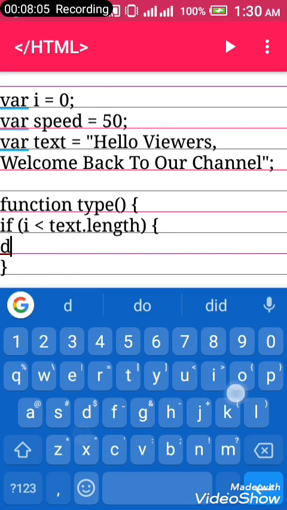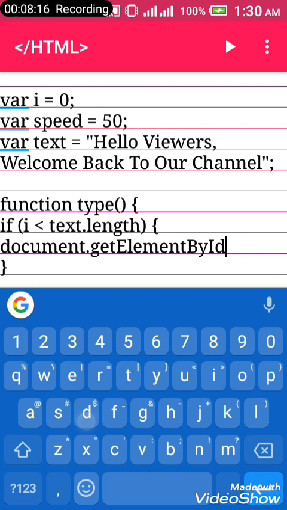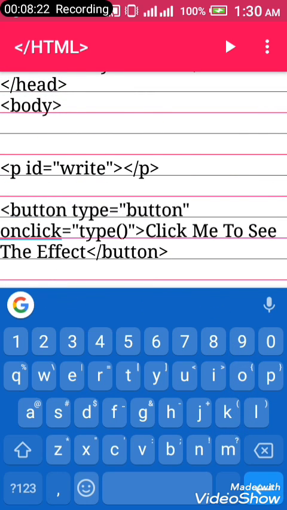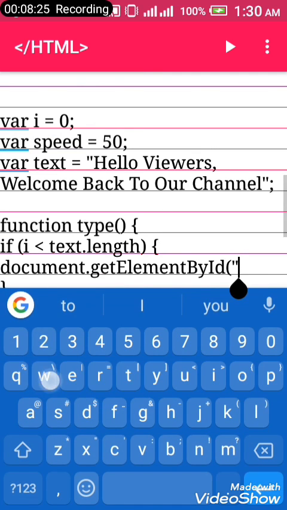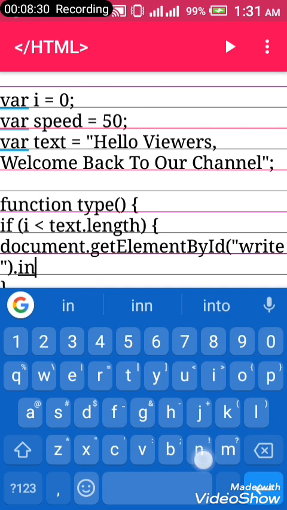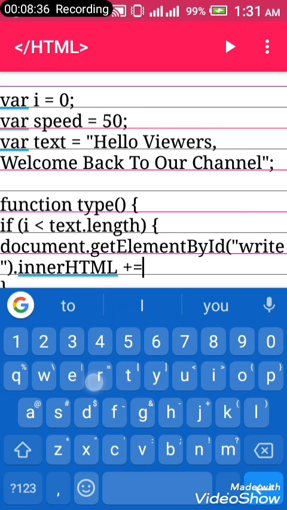So let's capture the ID of the P. You go document.getElementById. Let's go back to the P. The P has been given an ID, right? So write document.getElementById, then .innerHTML plus equals. For those who don't know, plus equals means we are just incrementing. So plus equals text